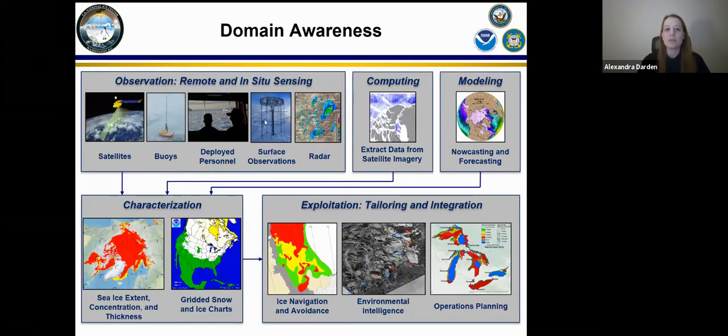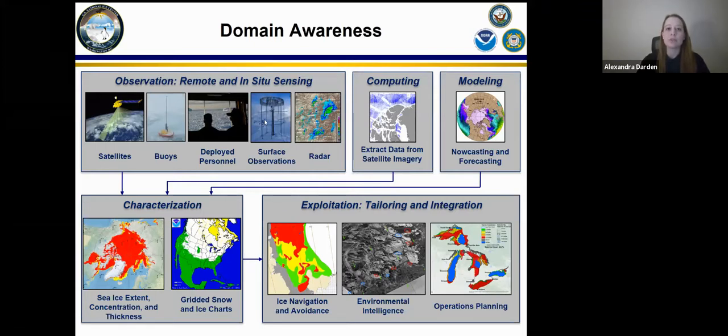We leverage these raw observations alongside two areas that are increasingly expanding their capabilities: machine learning algorithms, some of which will be talked about later by Mac, and modeling. Some of our partners have begun to provide us with information, for example, sea ice motion derived from satellite imagery, and we have long used models from US Navy, NOAA, and Canadians to assist our analysts in creating forecasts.